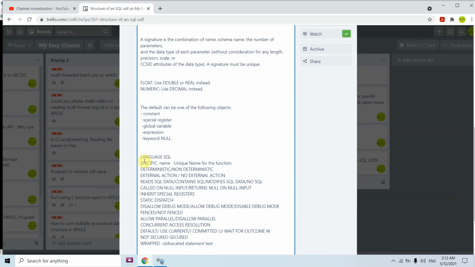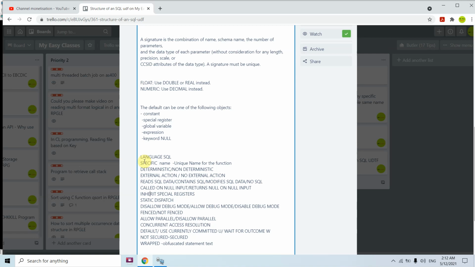So whenever you want to call a function on null input, you can specify called on null input. Or sometimes you don't want to call your function when null is received as an input on any of the parameters, so you can specify returns null on null input. In that case your function will not get called and it will return you null.